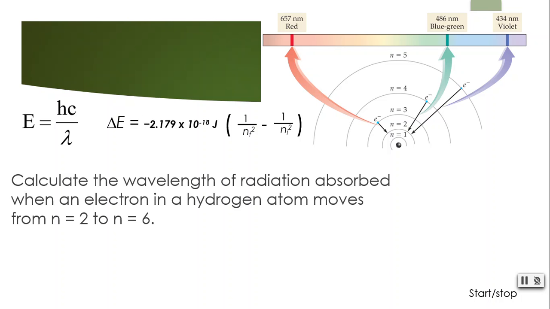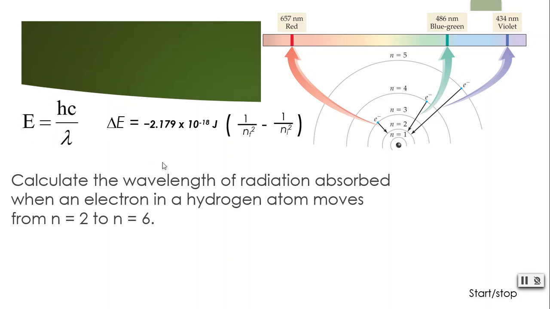Calculate the wavelength of radiation absorbed when an electron moves from an orbit of 2 to an orbit of 6. So my initial orbit is 2 and my final orbit is 6. And knowing that is important so we can plug in the appropriate values of n for the equation that's shown here. We need to calculate that change in energy first before we can calculate the wavelength using Planck's constant and